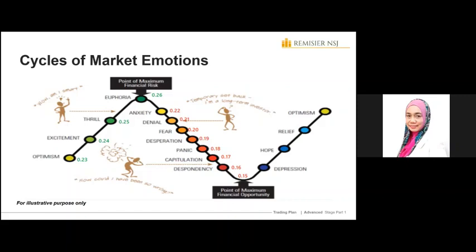Itchy finger syndrome, they call it. You just simply have to enter the trade. You might be surprised that there are people like that. This is a real case. I have a client who will buy and sell at the same price. When I asked her why she does that,